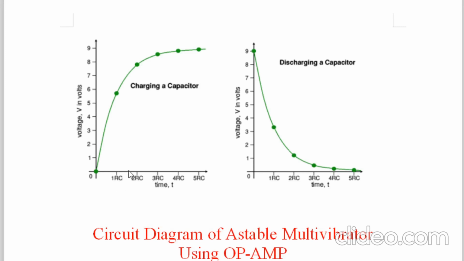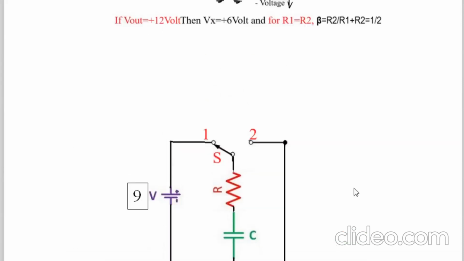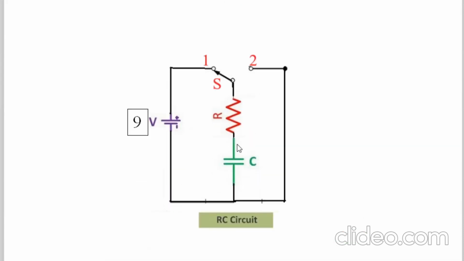Now this capacitor charges exponentially like this, because the potential difference at time t equal to 0 was the maximum of 9 volt, and thereafter as the capacitor charges, this voltage goes on increasing. Suppose it becomes 2 volt, then the potential difference, since this point is 9 volt only, because it is connected directly to the positive of the 9 volt battery, is 9 volt minus 2 volt, which is 7 volt. So 7 volt potential difference is less than 9 volt, therefore less current will flow. Then again the capacitor charges, suppose to 5 volt. So 9 volt is here, and the capacitor voltage is 5 volt, so 9 volt minus 5 volt equals 4 volt.